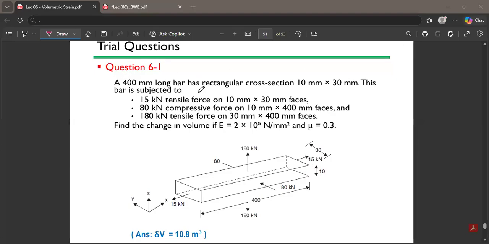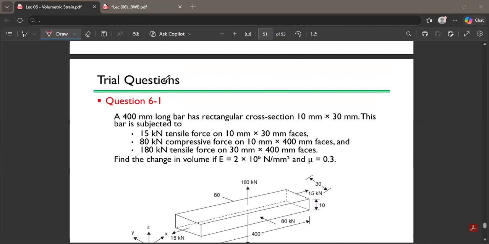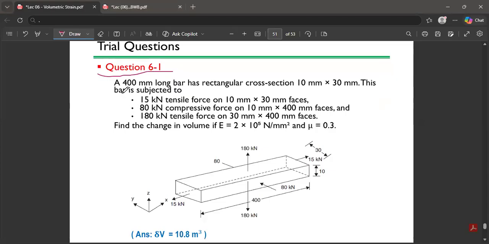All right. So in part 4 of the lecture video, we want to look at the trial question. We want to start with question 6.1. Exactly. So our question says that a 400 mm long bar has a rectangular cross section of